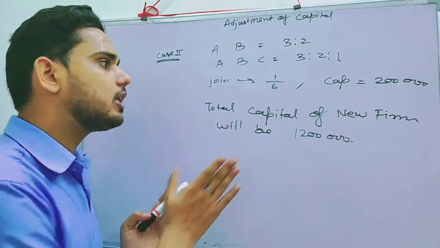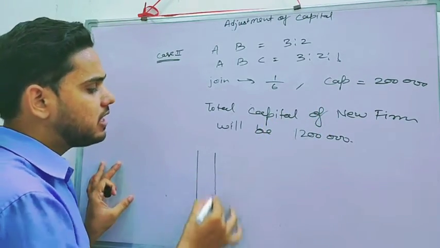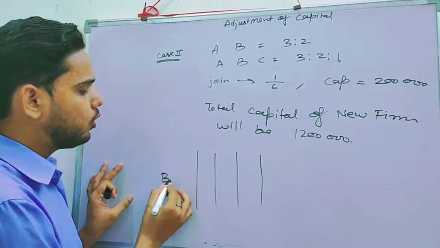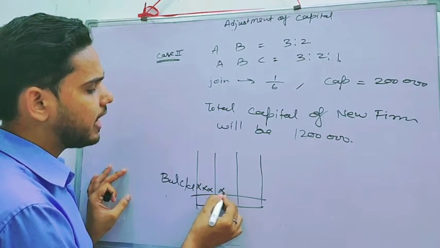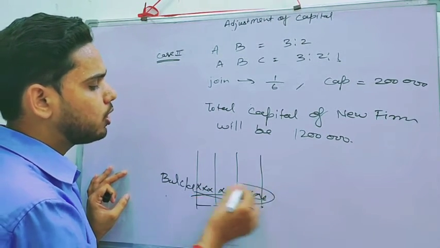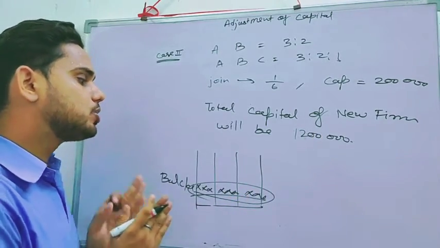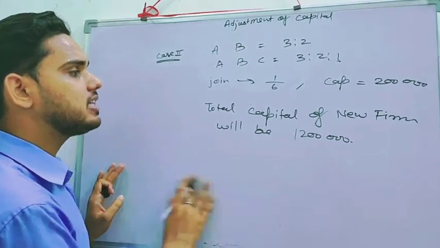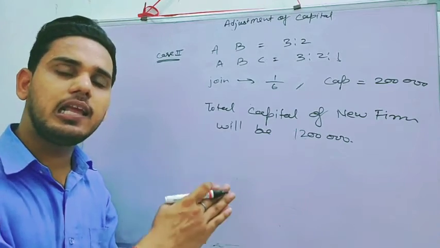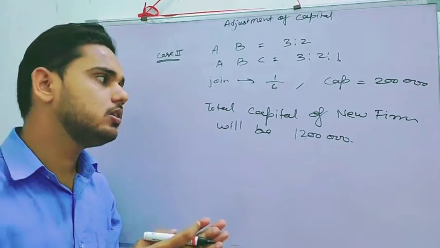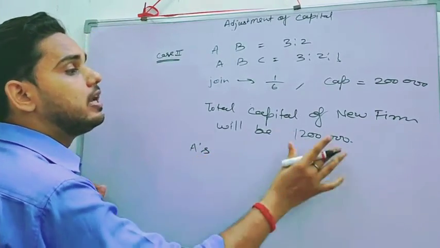So if the question says that the total capital of the new firm will be 12 lakh, it means that the balancing figure, the balance c/d which we were writing on the debit side, the total of this should be 12 lakh. Okay, so sir, in that case how will we make the adjustment? We will do nothing. We already know the total capital, which in the earlier example we calculated first, but here it is already given. So the simple thing you have to do is distribute this